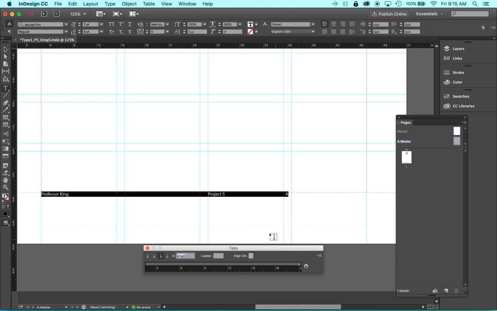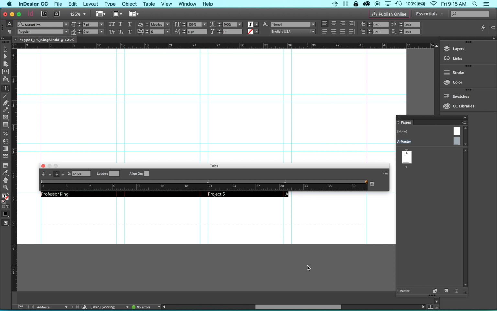It is problematic. It also does this thing where the palette doesn't stay locked to your text box. So if you do like I just did and zoom in and move the page around, and your tabs palette is over here, with the text or the text box selected, you can just click on the magnet and it will line back up. Now, why did it line up over here? Because I'd accidentally put in another tab stop instead of this one over here. So I can delete this tab stop, and now it is going to this tab stop, which is right aligned